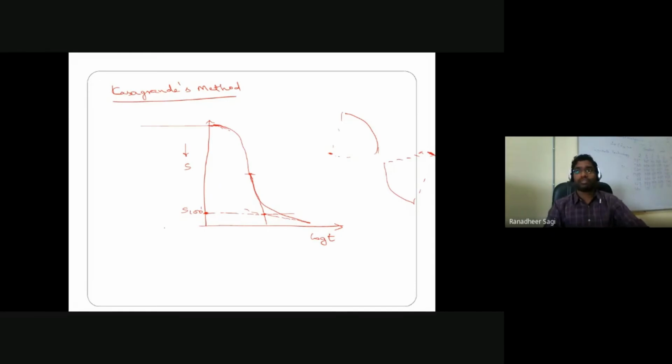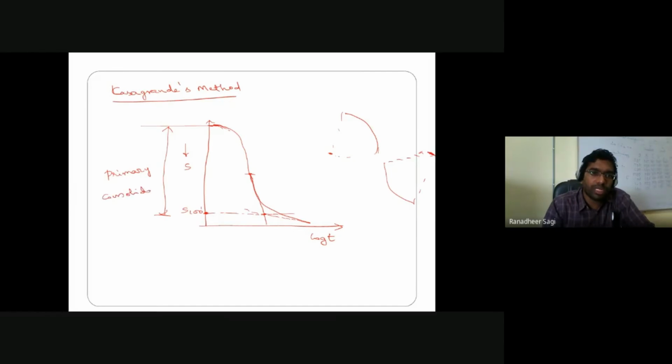Sir, can I have some settlement curve beyond 100% degree of consolidation? Yes. The settlements, because of the consolidation that I am trying to talk about, are all due to primary consolidation.